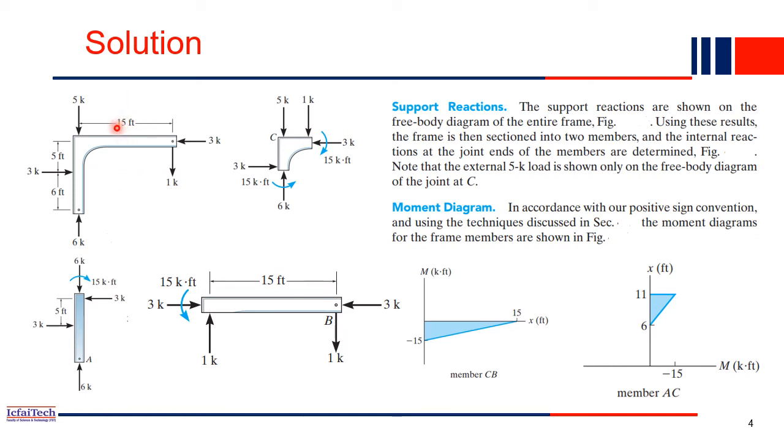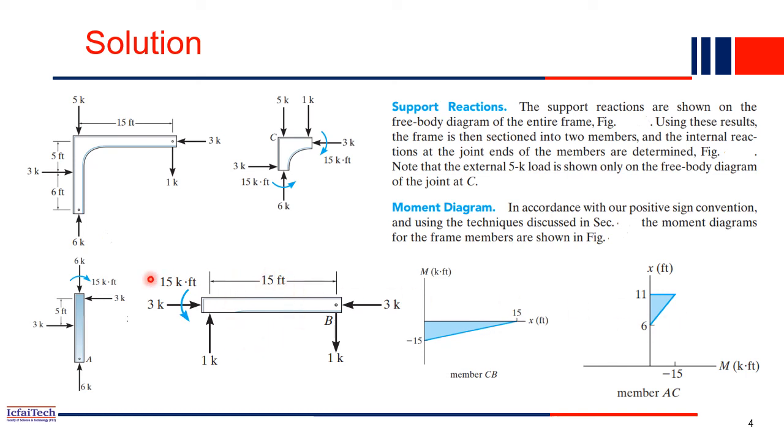Now it's time to draw the shear force diagram. Sorry, the bending moment diagram. That is the question. They asked to draw the bending moment diagram. First we'll take this beam. On this beam's left part you have the 15k moment, right? So that's why it begins as minus 15k. But what is the moment at this pin joint? It should be equal to 0, right? This is a hinge support, and a hinge support means there is no moment. So it will be simply minus 15k here and 0 here. So it is a simple triangular shape. This is the moment diagram for this beam.